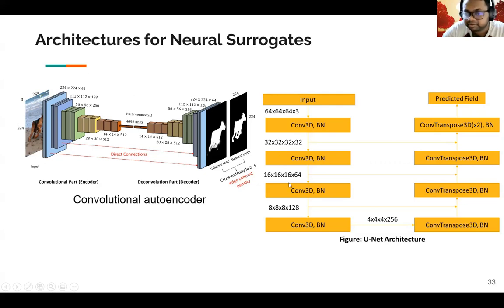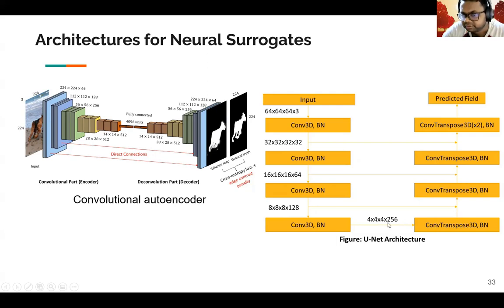In other words, say you start with 64 cubed, in this case a 3D convolution. You perform 3D convolution with stride 2, then you get 32 by 32 by 32, which is 32 cubed, and then 16 cubed, and then 8 cubed. Once you come to 8 cubed and 4 cubed, when you perform transpose convolution, you again come back to 8 cubed.